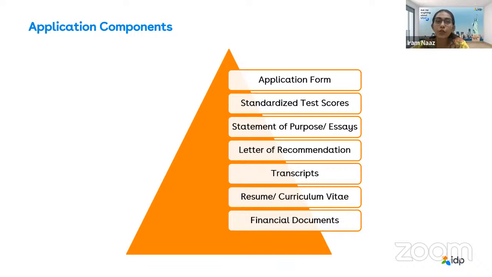And one more thing, you don't need to worry about your backlogs. There are universities which are going to accept 10 or 15 backlogs as well. There are universities like Tier 2 or Tier 3 universities if you're planning to go. So backlogs are also not a huge criterion.